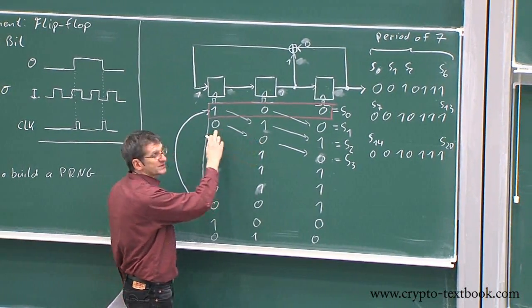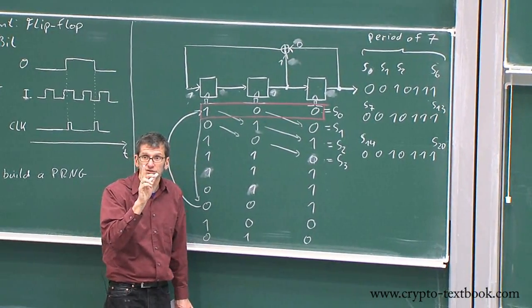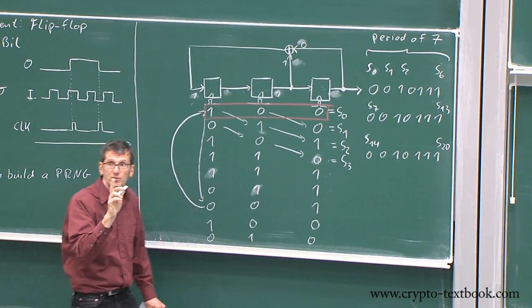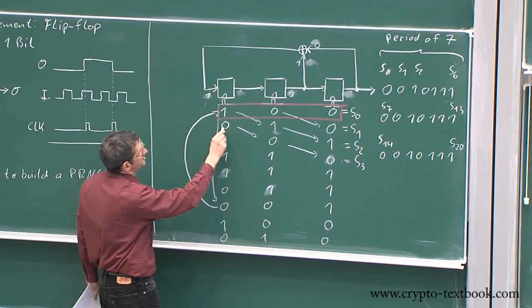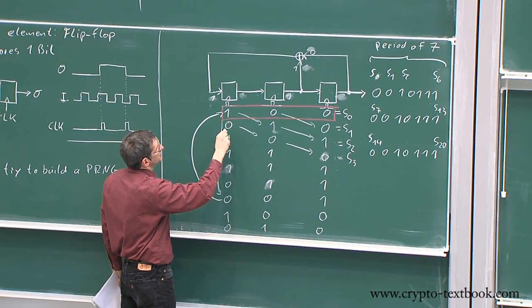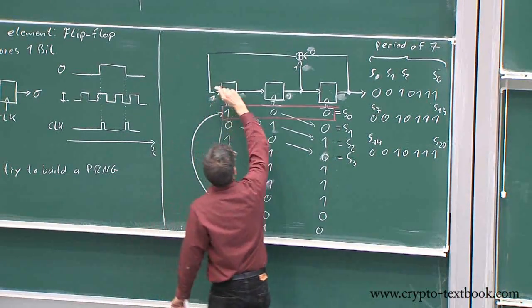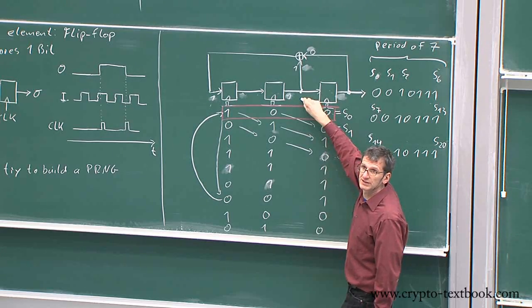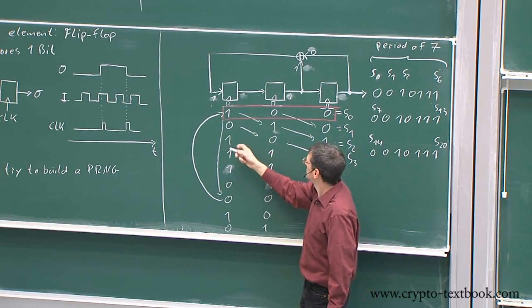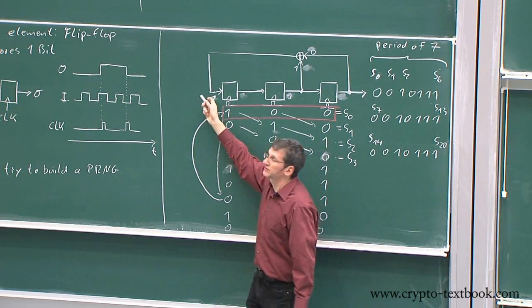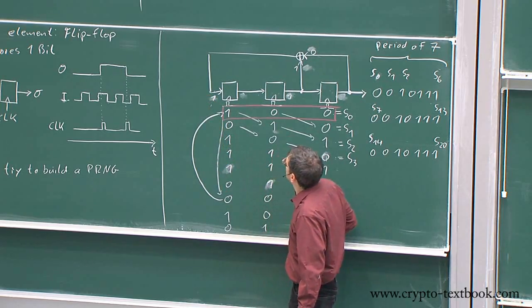This bit was coming from here, and now we have to switch on our brain for a moment. Where was this bit coming from? This 0 was the initial input here, which was computed as the XOR sum from here and here. Do you recall that? Where we got this 0 from? We have to look at this input, and this input,